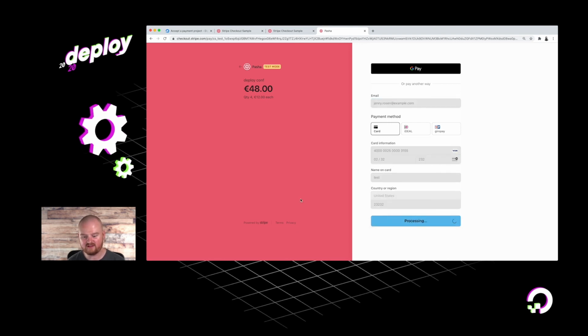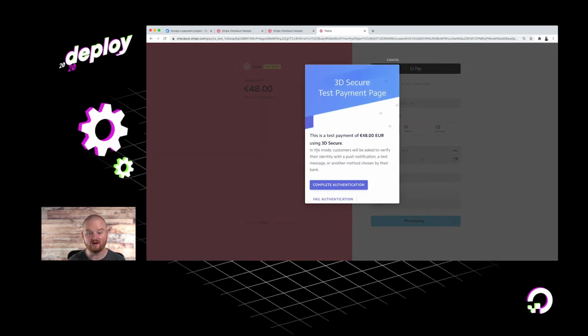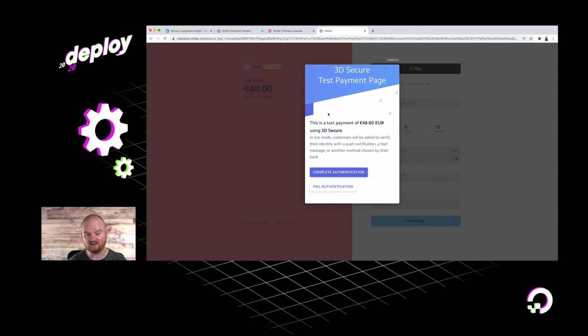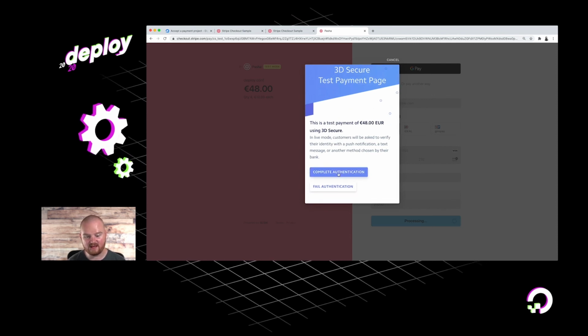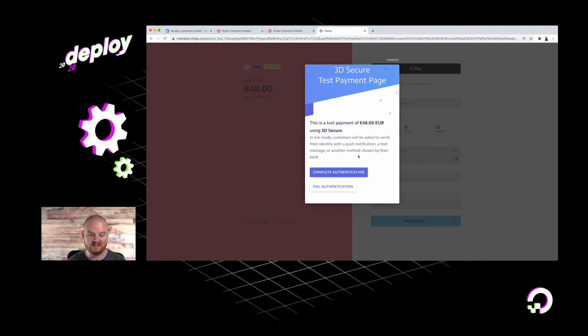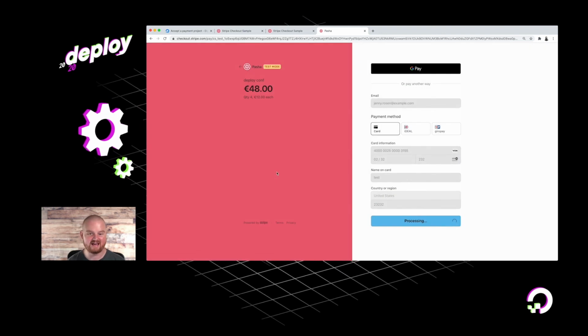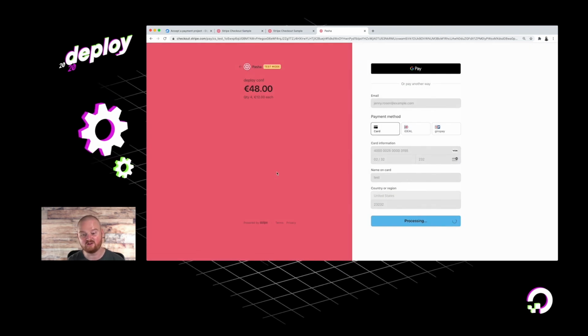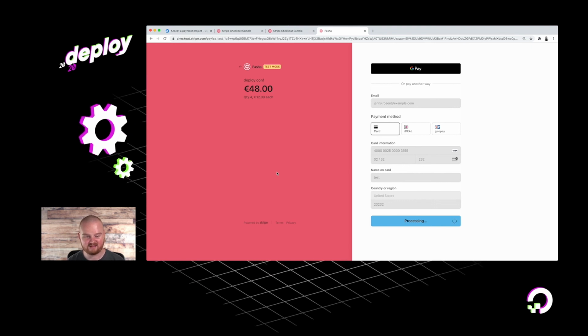And when you click pay in this case, we're going to prompt the user for authentication. This is a demo of what secure customer authentication might look like. Now in test mode, we are presenting the Stripe test payment page and completing authentication, but in practice, the bank's page would be populated in this modal. So we're going to complete authentication, and that simulates what it would be like to go through the payment flow in an SCA ready way.